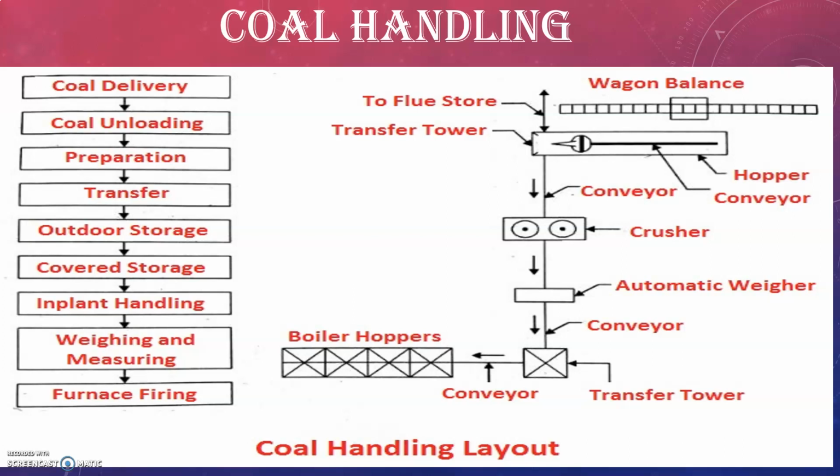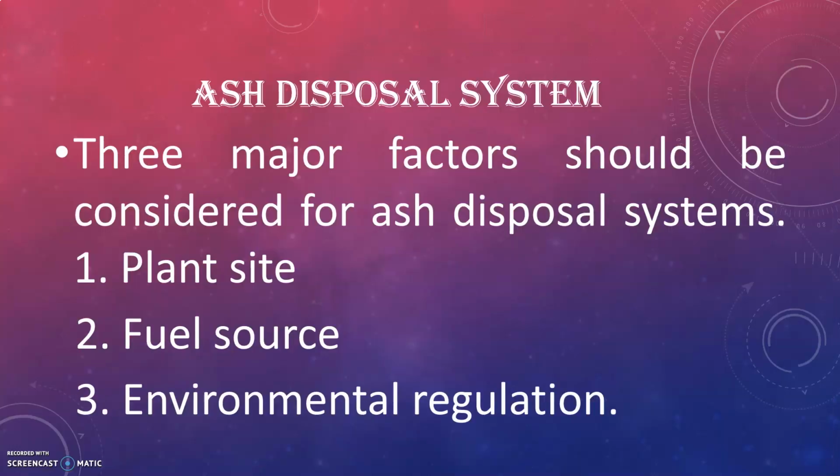Right? So the load carrying capacity of the belt may vary from 50 to 100 tons per hour and average speed is 60 meters to 100 meters per minute. Right? The coal is carried by the buckets in the bottom and discharged at the top normally. Next comes the ash removal or ash disposal system.